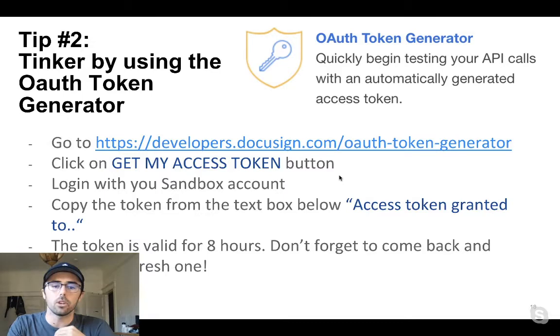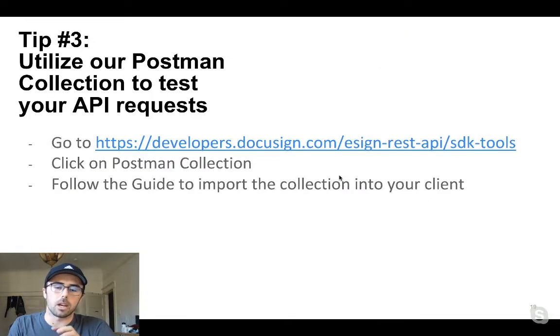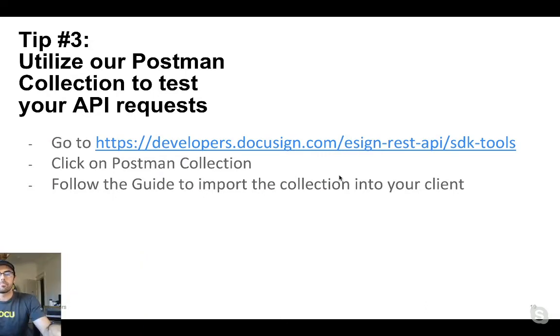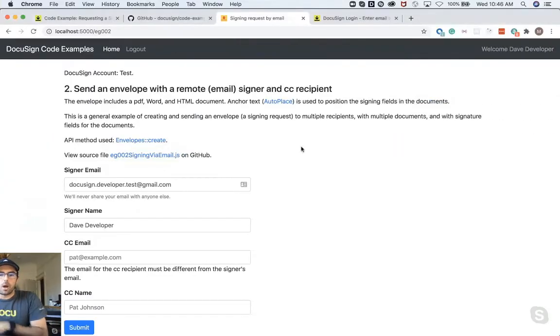And third is utilizing Postman and our Postman collection to test your requests. I use it very, very frequently to help out developers on Stack Overflow or via our help alias via email. And so I'll show you where to get this and just give you an example of using the Postman collection to make a request in a moment. So let's start off with logging. As you've seen, I've made a number of different requests from the context of our code examples launcher.